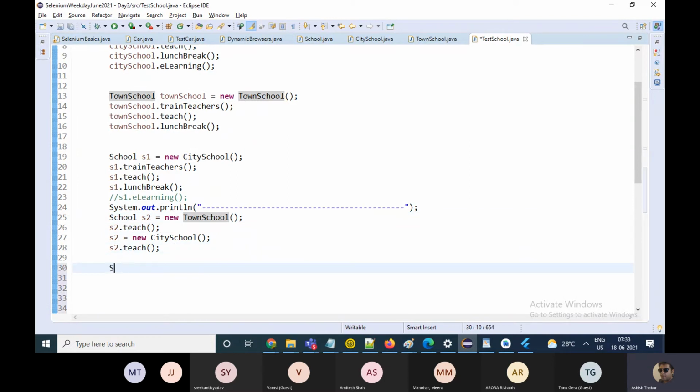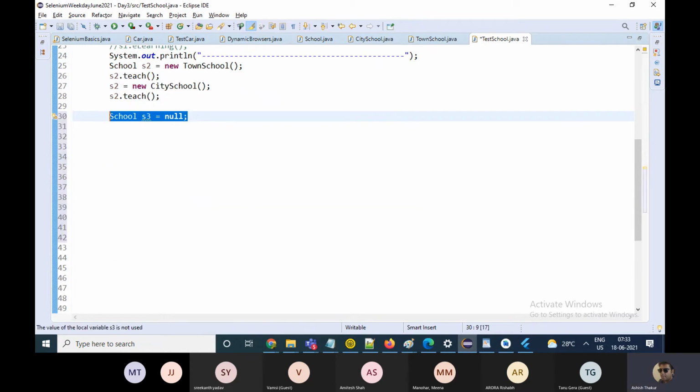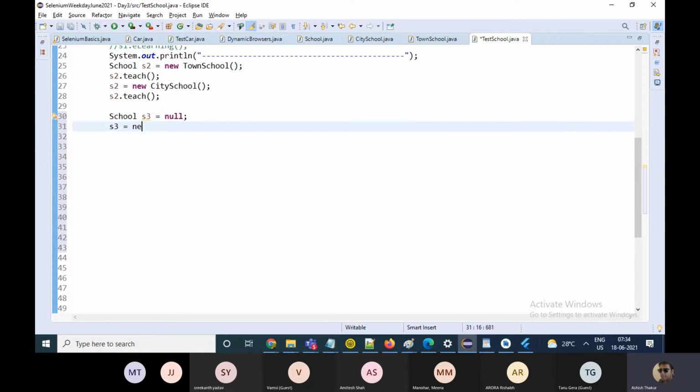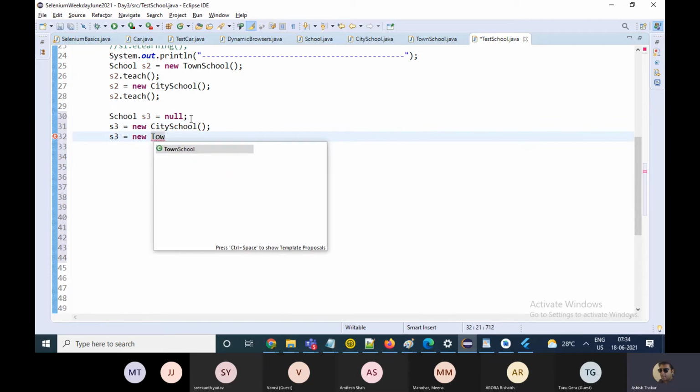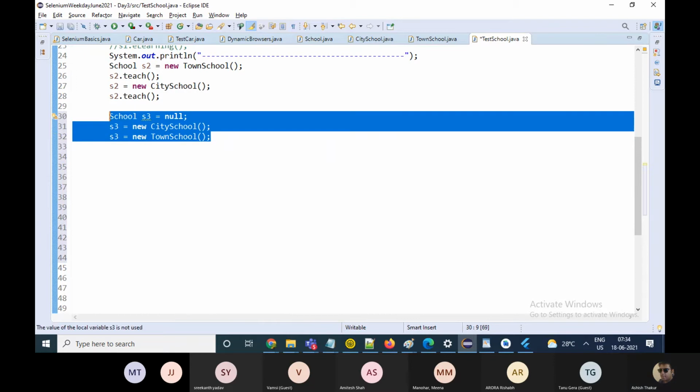I can write school S3 equals null, which means S3 is not pointing anywhere. Based on my choice, I can make S3 point towards new city school, or new town school. My choice.